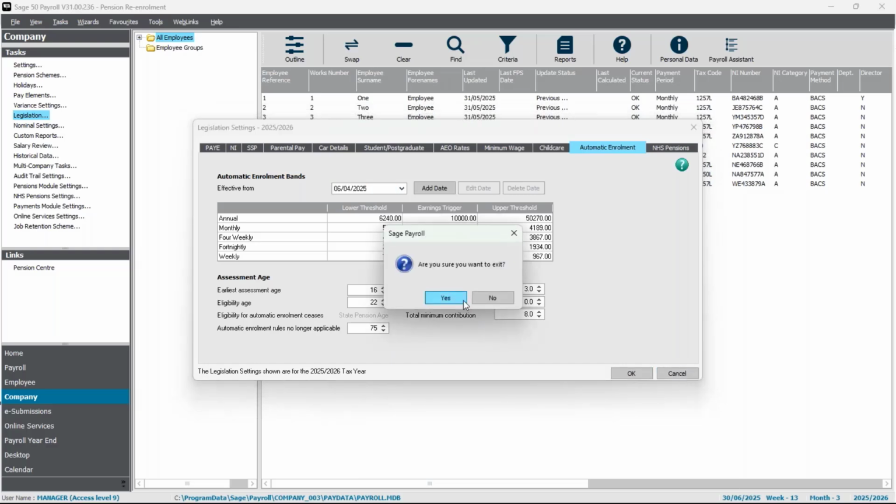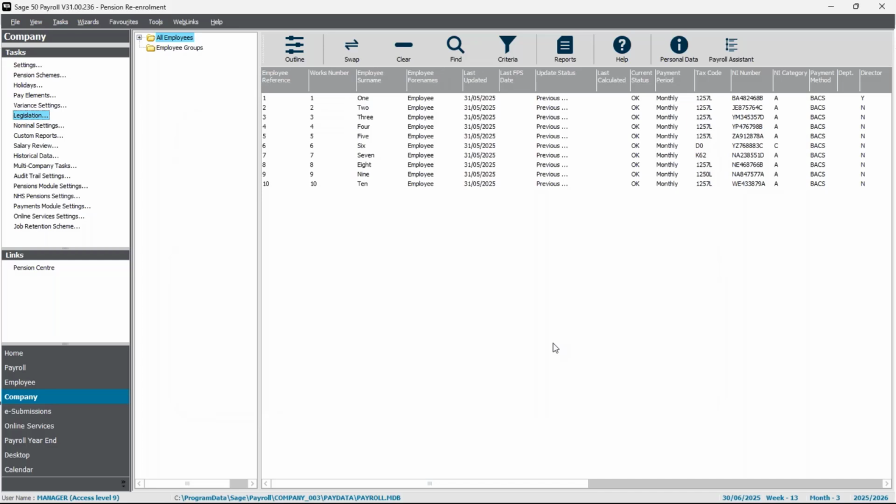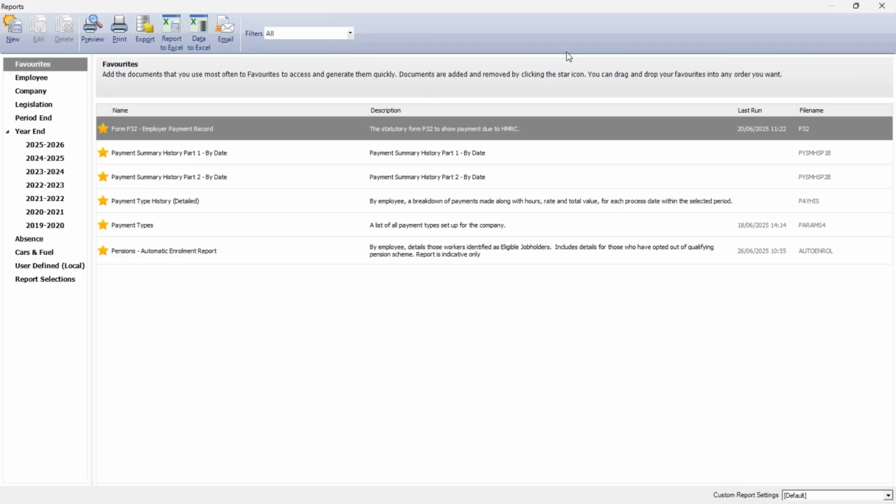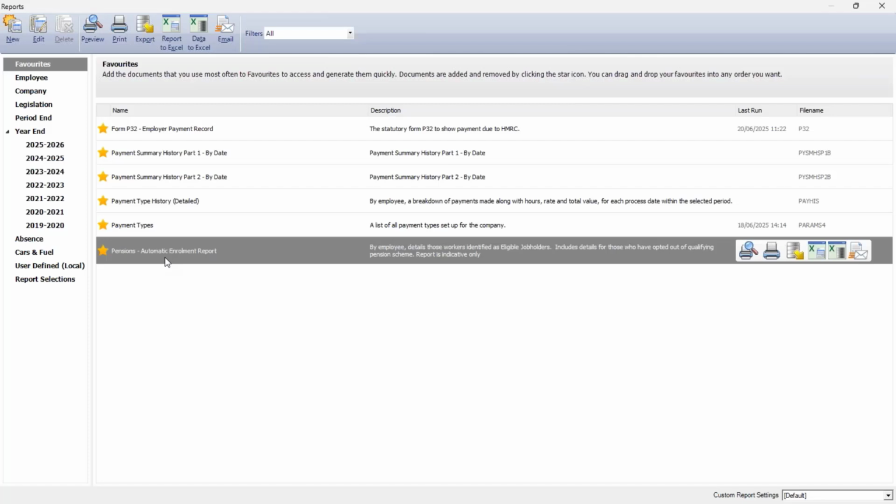Now, I just want to make you aware of a report that you might find useful when identifying the employees that need to go back into a scheme. So this is available in all versions of Sage Payroll. You don't need the pensions module to run this report. So I've just selected all of my employees just there, and I'm going to go into this reports icon above the employee list. Now I've added it to my favorites, and it's the pensions automatic enrolment report, but it's actually